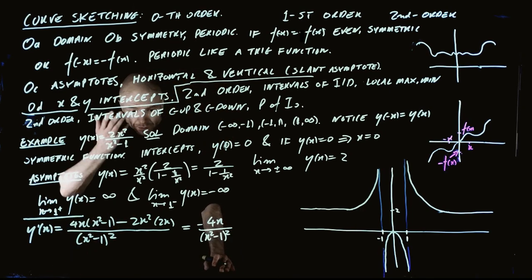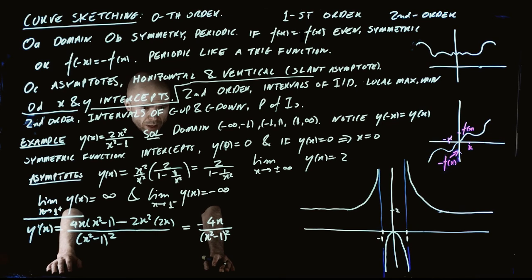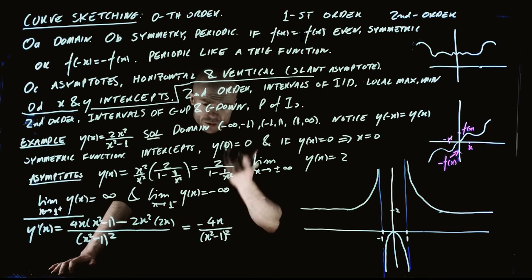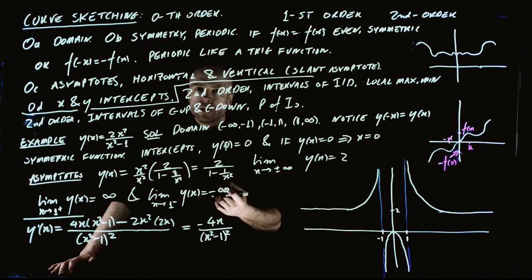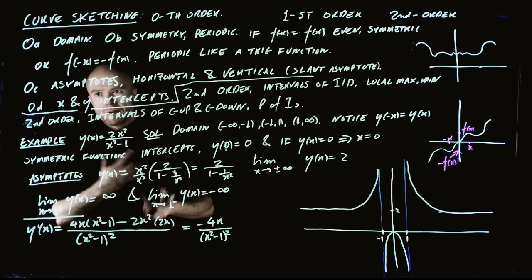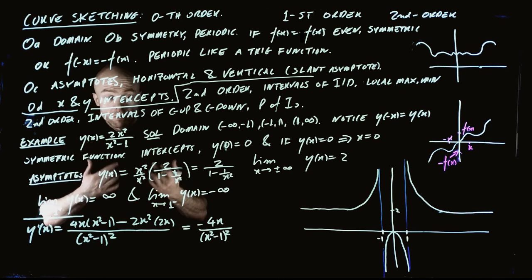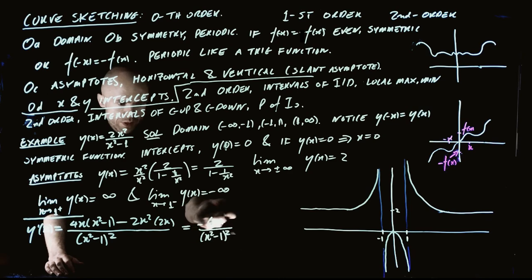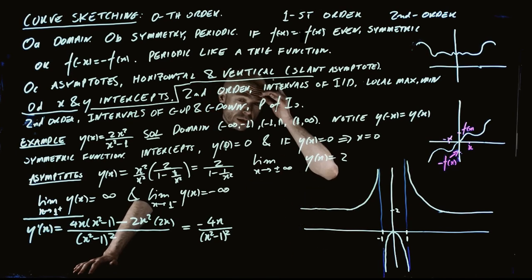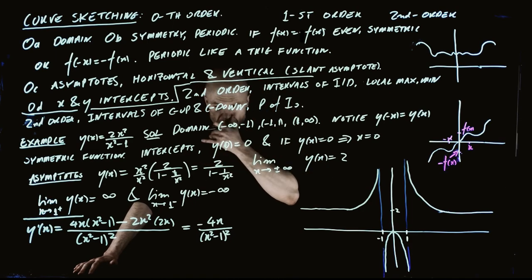Cool. So what do we learn about this thing? Well, we learned that the sign of the derivative is just determined by the numerator, because the bottom is either going to be 0 or it's going to be positive, so it's not going to affect the sign. And we're interested in where the denominator is non-zero, because those are the only points of the domain, right? We only care about points in the domain. So we only have to look at the numerator to see what the sign of this thing is. It's going to be negative for every x which is bigger than 0, and positive for every x which is less than 0. So